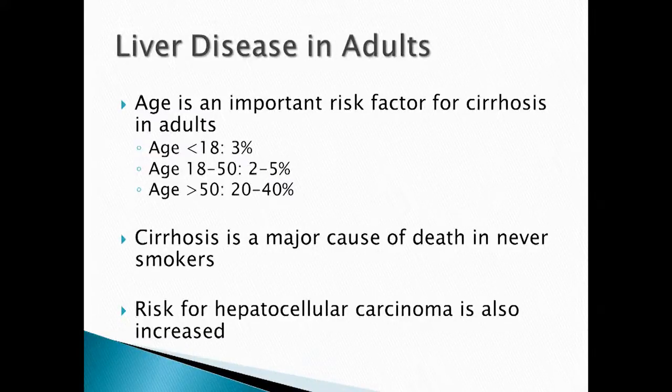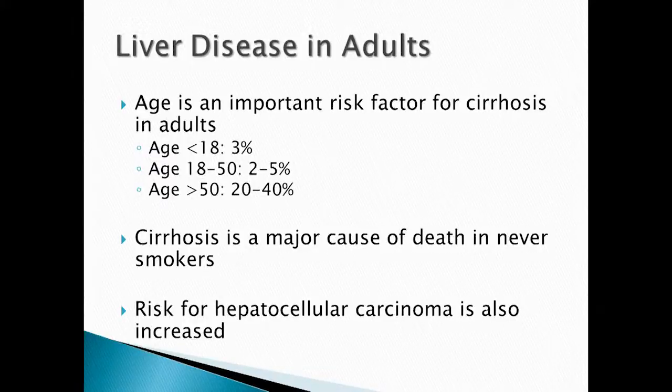So what about adults? Well, I think the biggest thing is age is a risk. The older you get, there's a risk for a lot of things. For cirrhosis, it seems to be at age greater than 50, the chance is a little bit higher. This is based on a lot of old data, looking back retrospectively. It's subject to the same types of biases that the children's study is, but we know from the National Heart, Lung, Blood study that